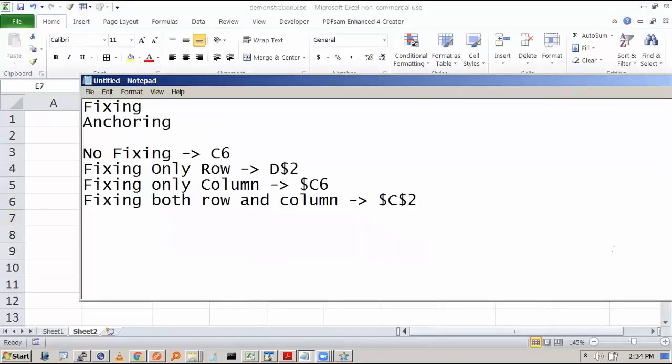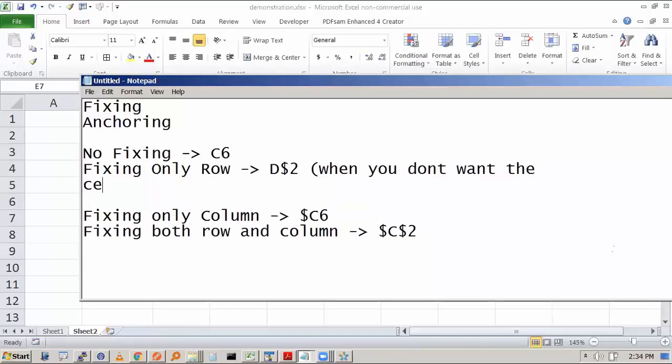When you want to fix only the row, it is when you don't want the cell to change when dragging down.